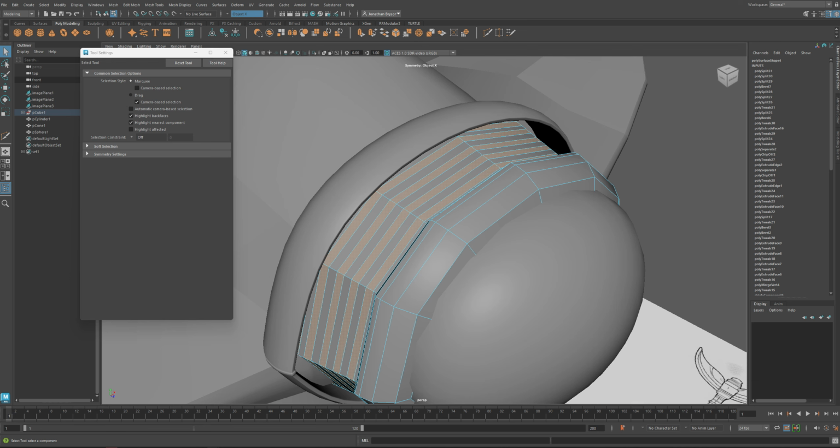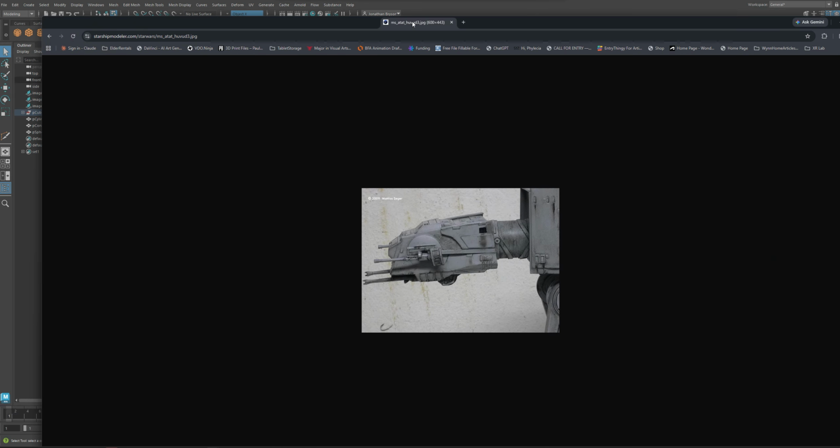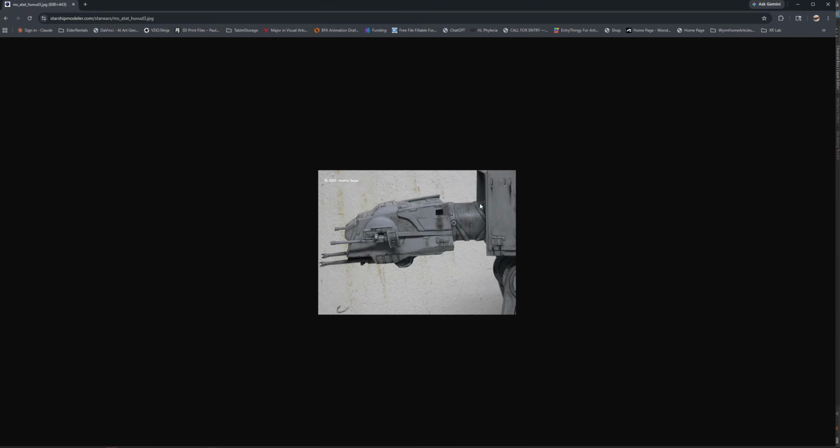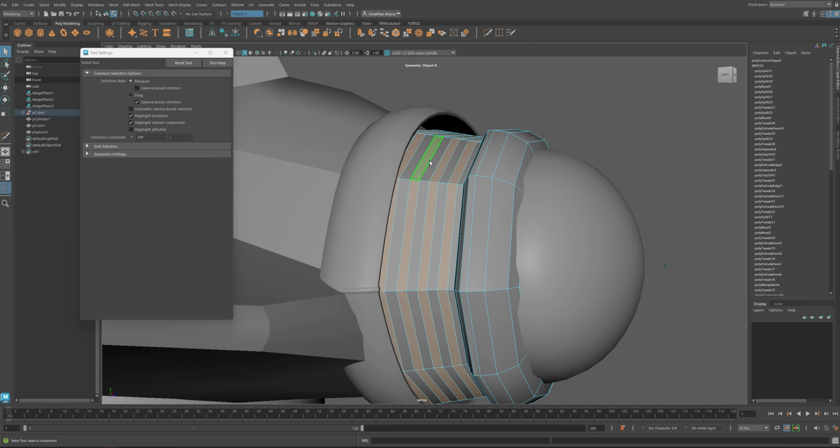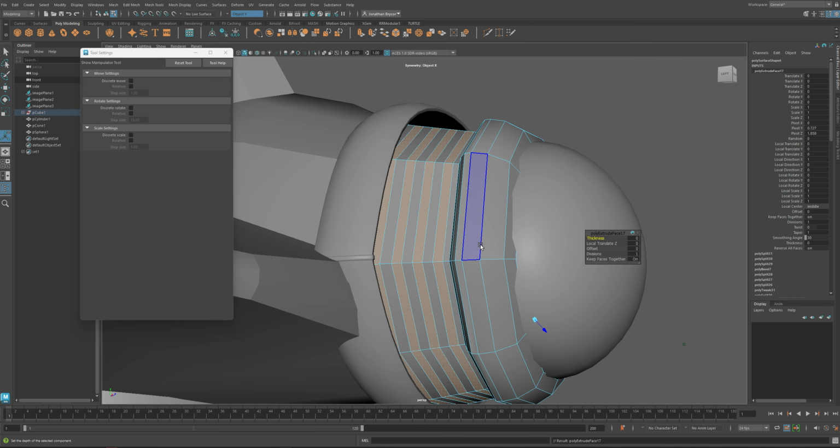Let's see if we can find a good picture of it. There we go. Something like that, and it has this kind of armor strapping, but this is a flexible metal piece right there. So anyway, got this selected, so I can go and do an extrusion,